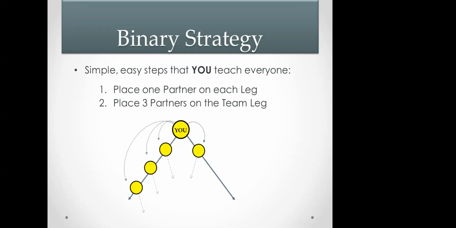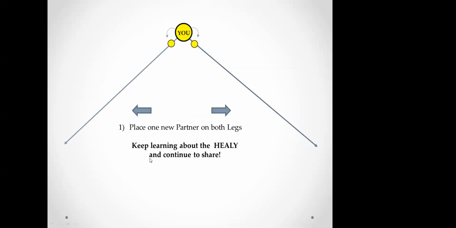Okay, so again, now we're going to go to step 2. Here's you. Now you've got your person on your right and your left, and now you're placing a couple more people on that team leg. So we're going to teach everybody. Place someone on your left and your right leg, and place 3 partners on the team leg. Place one new partner on both legs